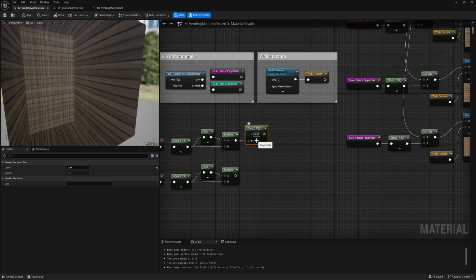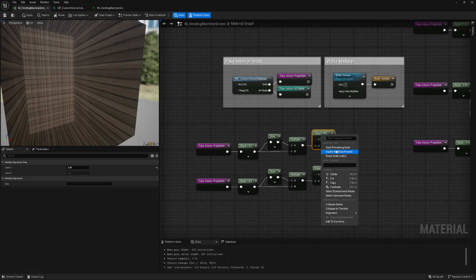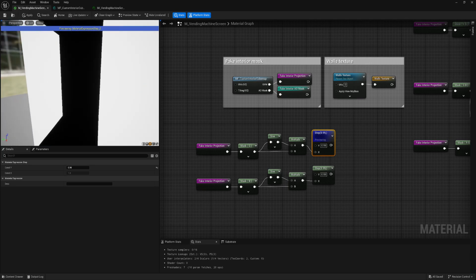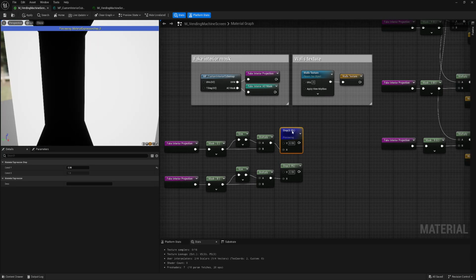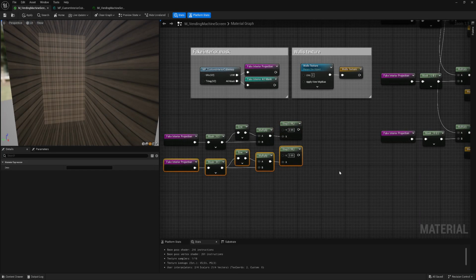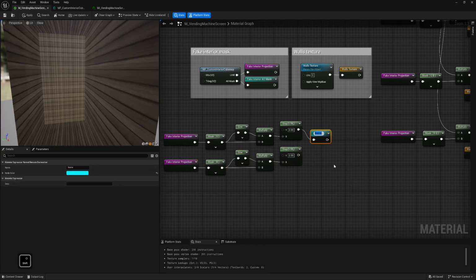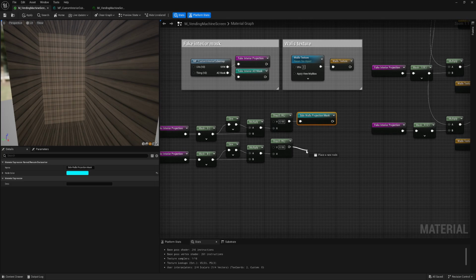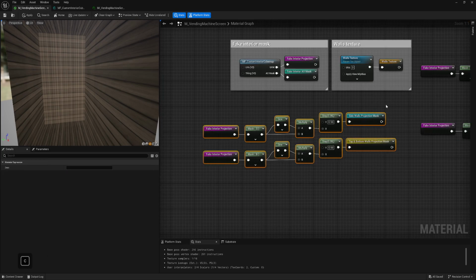I need 0.99 in both. And if I preview this, you can see it creates a very sharp mask. So this is side walls, and this is top and bottom.